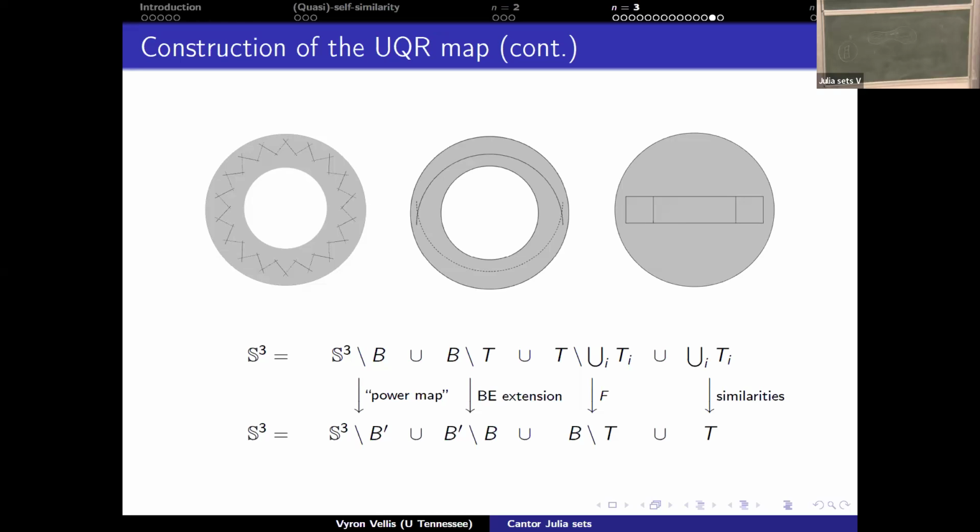And that's the map. So what happens now, roughly speaking, is that if you have a point which is not on this Cantor set, then eventually that point will escape to infinity through the sequence of maps, right? If it's here, it will go here, and from here, here, and so on and so forth, and eventually it will escape to infinity. So the only points that will not escape to infinity are going to be these Cantor sets. Okay.